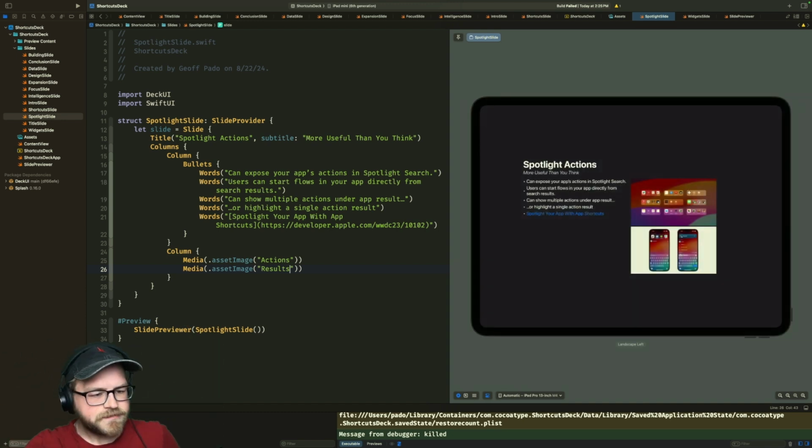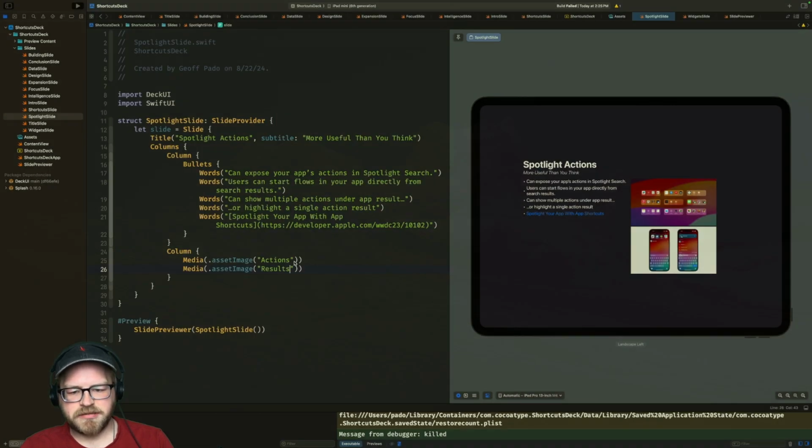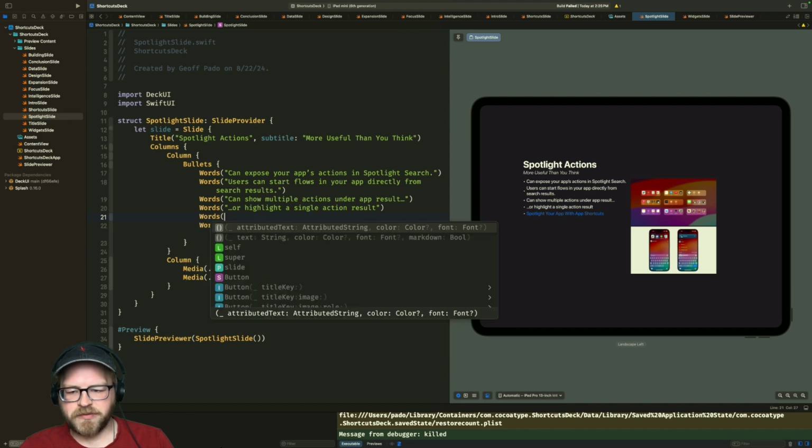Yeah, that's not too bad. I'm okay with that. Or highlight a single action result. Yeah, can show multiple actions under app result or highlight a single action result. Follow your app with app shortcuts. I think actually what I want to do is I want to talk about design. I want to link to this instead. Maybe I link to both.